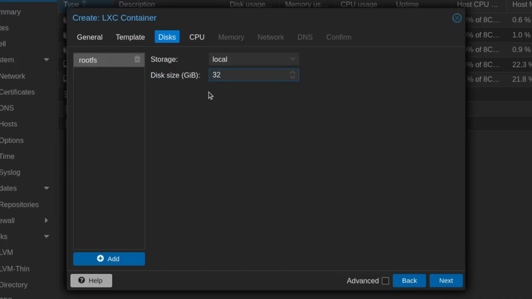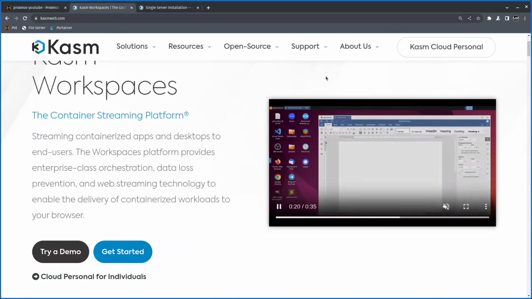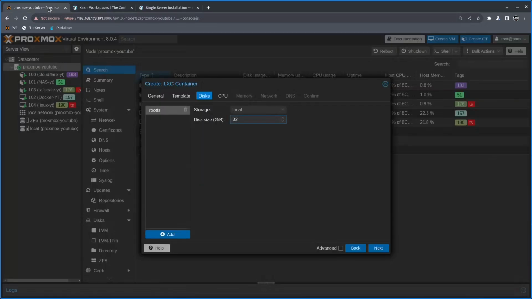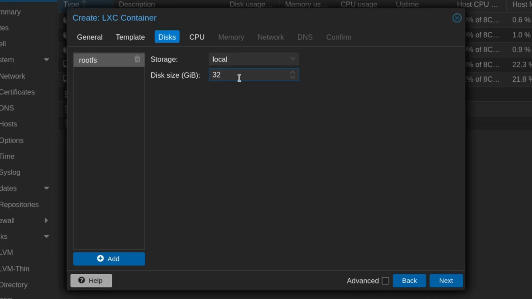The more size you select here, the more workspaces you will be able to create, because each workspace that you're going to run inside KASM will obviously require storage to store all the information. So 32, I would say, is the minimum best option to go for. 64 is obviously better. On my main Proxmox server, I'm using 64 GB, and 44 GB has already been used with all the workspaces that